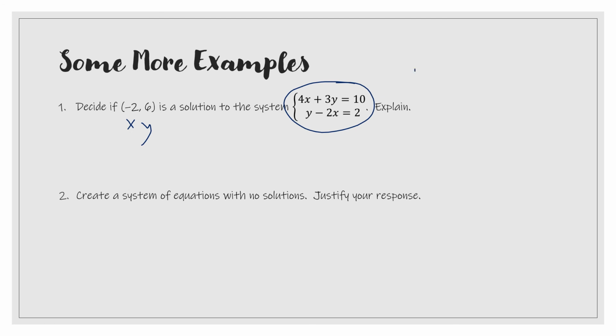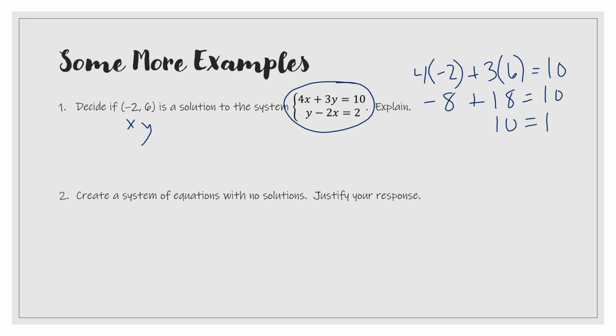Okay, so if I plug in negative 2, I would have 4 times negative 2 plus 3 times my y value, which is 6, and I want to check to see if that equals 10. If it does work, you have to make sure that you also check the second equation. If it doesn't work, then we're not going to have to check the second equation at all. So we get negative 8 plus 18 equals 10, which is true. 10 equals 10. Okay, so now I can check my second equation, y minus 2x, so that's going to be